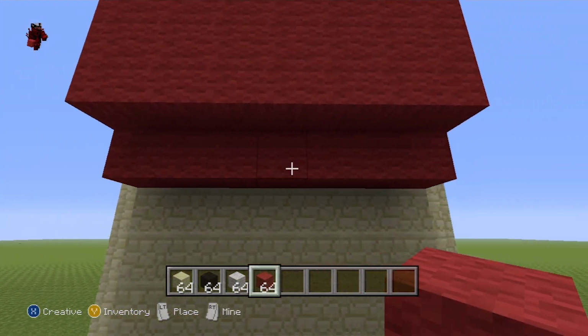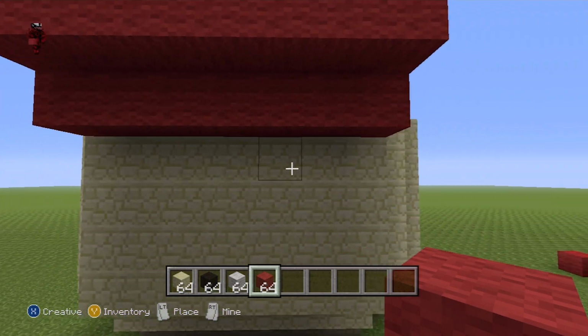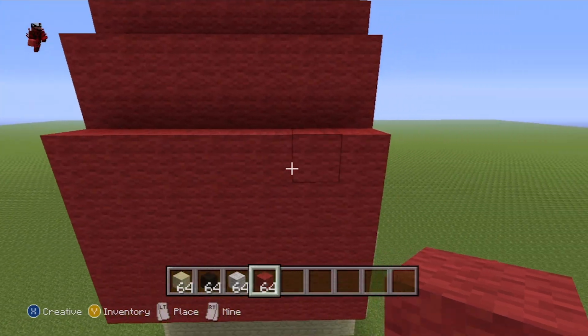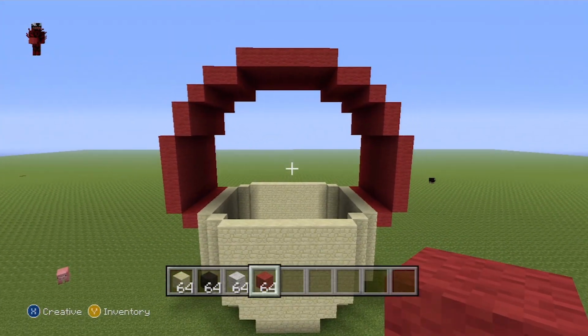As you can see, the layers of red are in line with the 7 layers of sandstone that we have on the base of our statue, which is perfectly correct. There should be 7 layers of red in total. I'm not going to count them, but you can just take my word for it. So once you've done that, and as always, pause this if necessary if you're still working on that, of course,